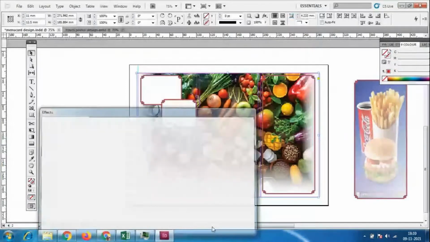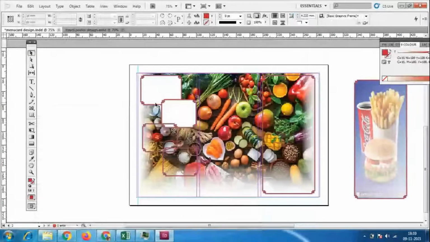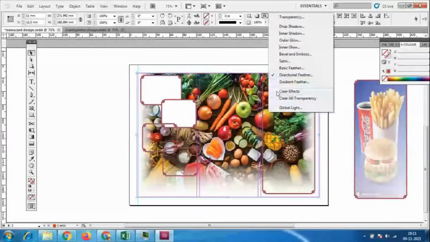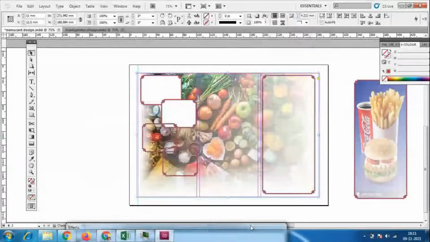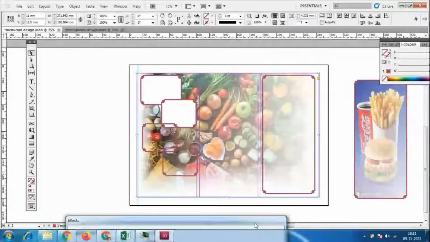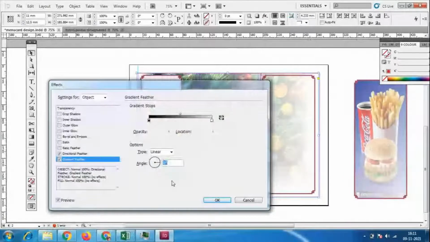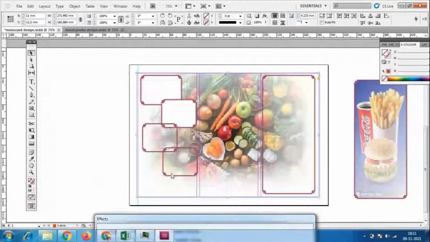You can type the menu here, whatever options we have. Otherwise we can use the feather from all sides, so everything becomes transparent. And we have linear and radial gradient as well. So this much you can add the feather.